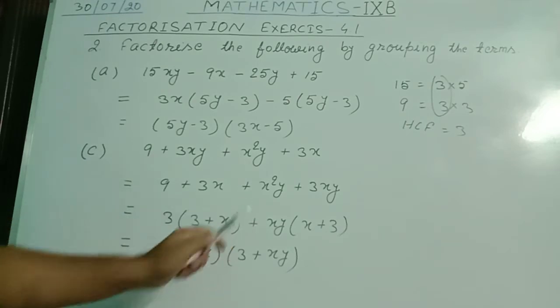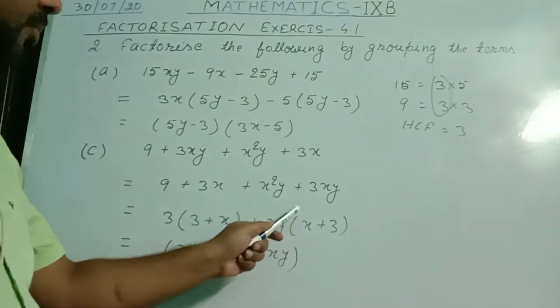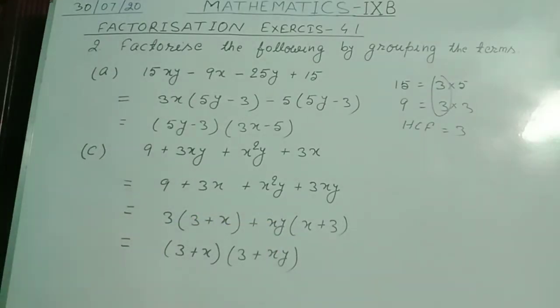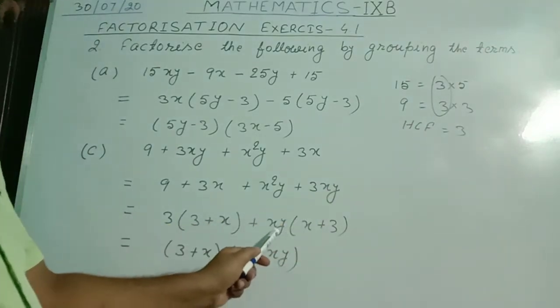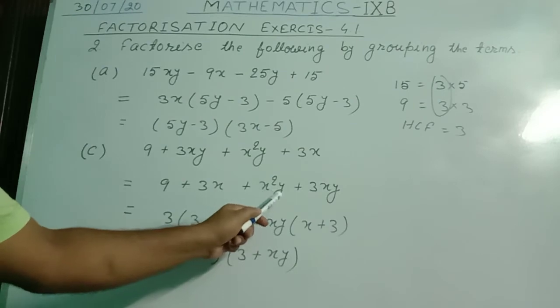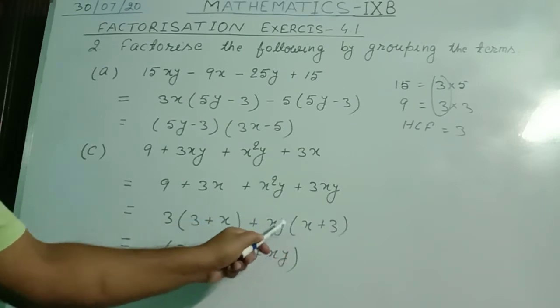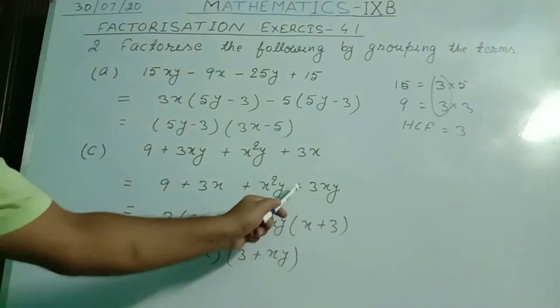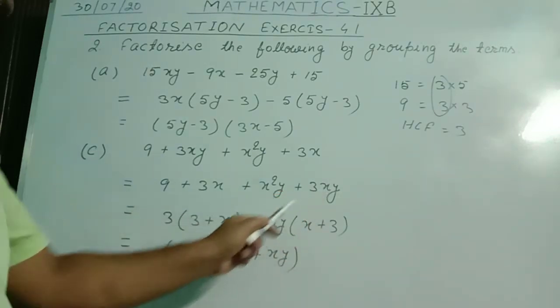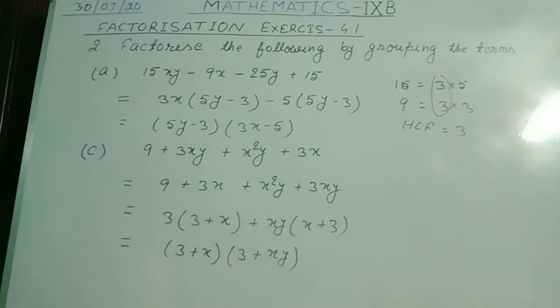Now this plus came here. From these two terms, we can take the least number of variable as common. Least number of variable is x and y. I took common x and y. So what is left here? Only x is left. Y is taken already out. This is x square. X came here, so only 1 x is left. This plus came here, and this xy came out, so only 3 is left.